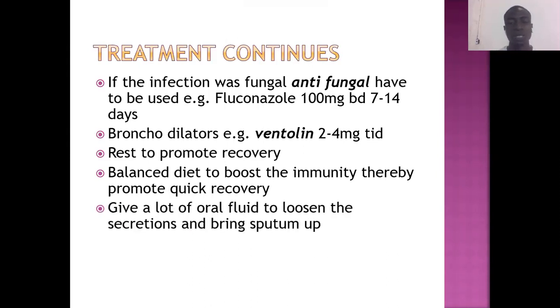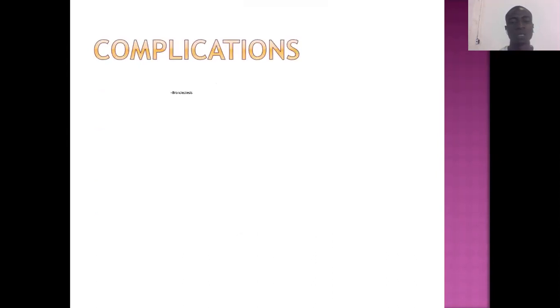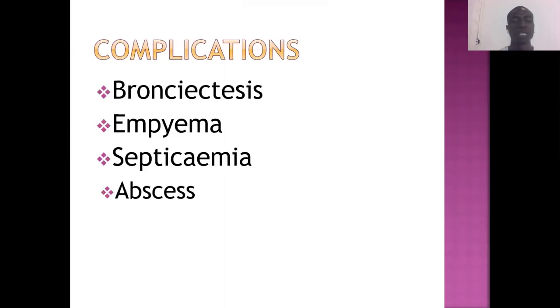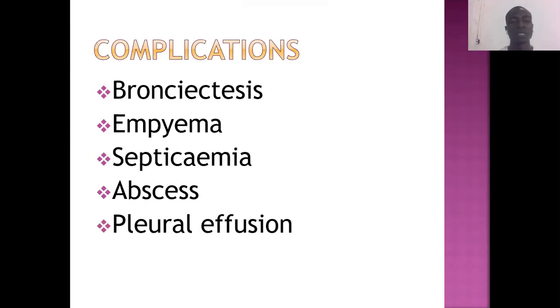Give a lot of fluid to prevent fluid loss. So these are some of the complications: empyema, septicemia, abscess, pleural effusion. These are complications associated with pneumonia. So we just